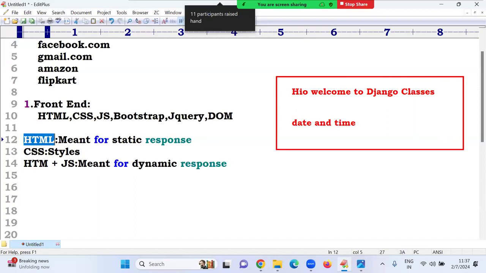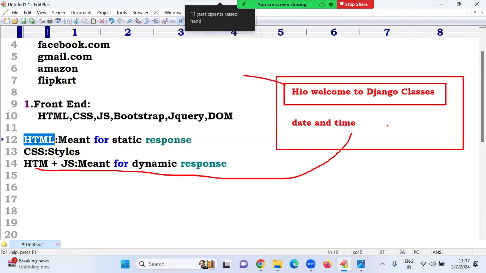Then HTML alone is not enough, because every minute the time will change. How to calculate this? Compulsorily JavaScript is required, because every minute, every second the time changes. So you go with HTML and JavaScript, both are required. To get the system date and time, you know the datetime module is there in Python. By using that, we can take it. If I want to display only static text labels, the first technology is enough, that is HTML. If I want to provide some response in my application, then JavaScript and HTML both are required.